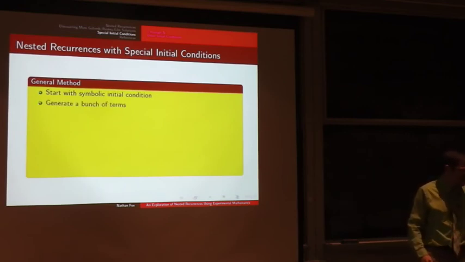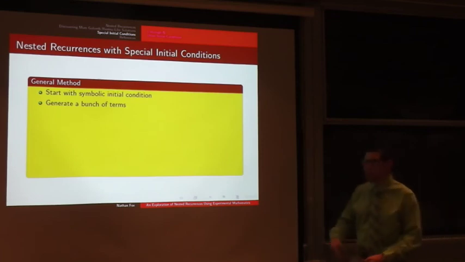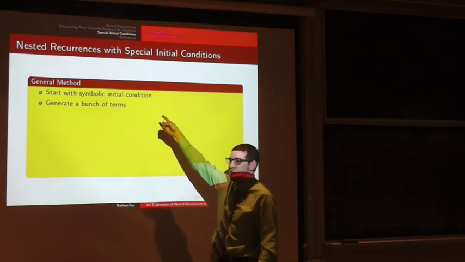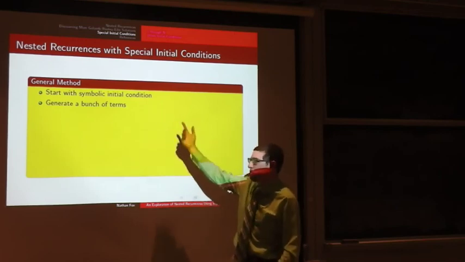So then you just generate a bunch of terms. And by generate a bunch of terms, I mean in terms of symbols. So if n is a symbol that appears in your initial condition, these terms are likely to have n's in